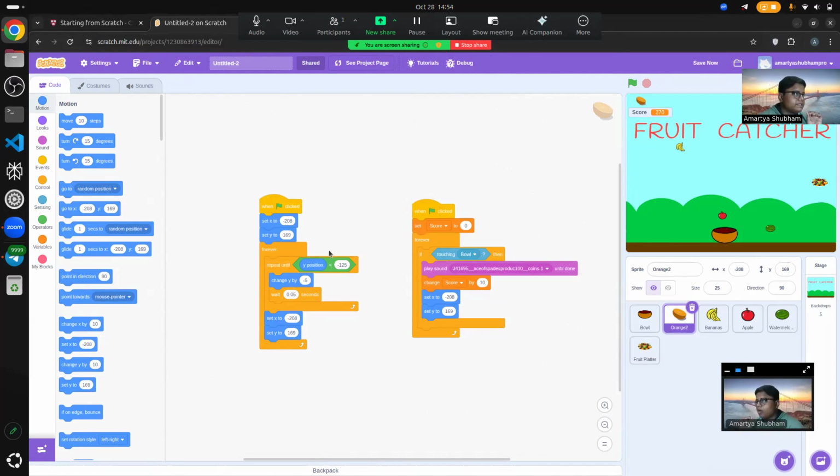Now whatever is inside is in a loop which will happen always, forever. So it has to repeat until y position is less than -125. Then we have to change y by -5. Then we have to wait for 0.05 seconds. So what this says is that